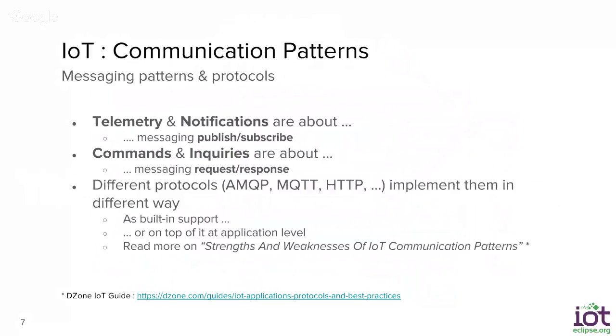So we can map the IoT communication pattern to the messaging pattern. As we'll see, there are a lot of different IoT protocols in the field, and all these different protocols implement or provide support for such patterns in different ways. So, for example, MQTT is most focused on publish subscribe, but you can have a request response building something at a level above the MQTT protocol level. You have HTTP, which supports request response natively, or for example, AMQP 1.0, that supports both, the publish subscribe and the request response.